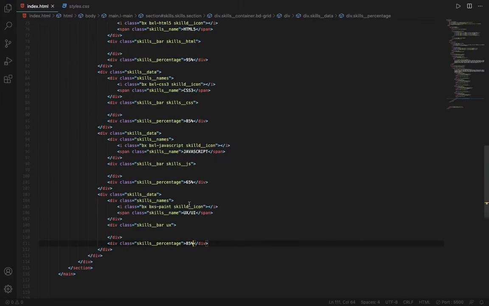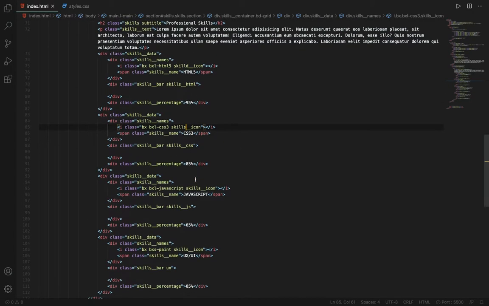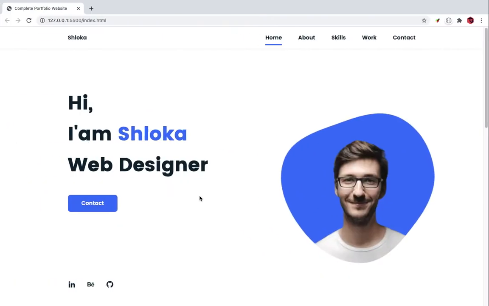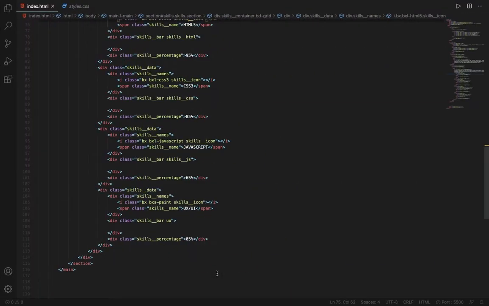It's going like this. It is skills. And also like this. Okay, so this bar is not coming, so for that let me change it to skills, and now you can see this is coming. So after we have made this, what I will do is